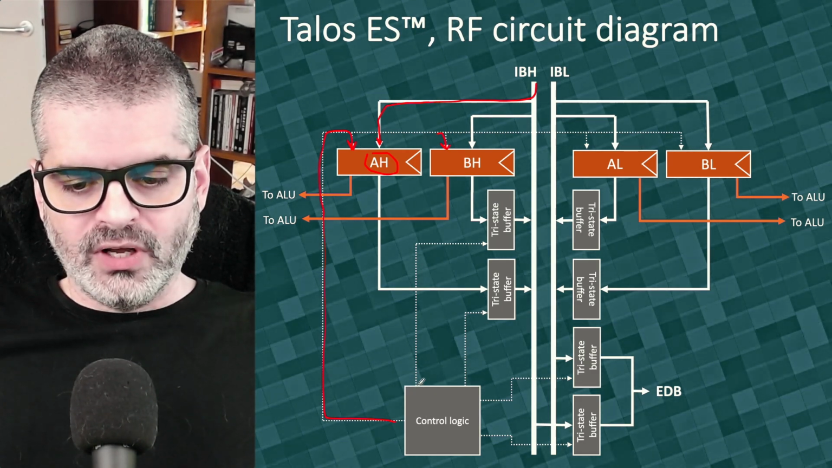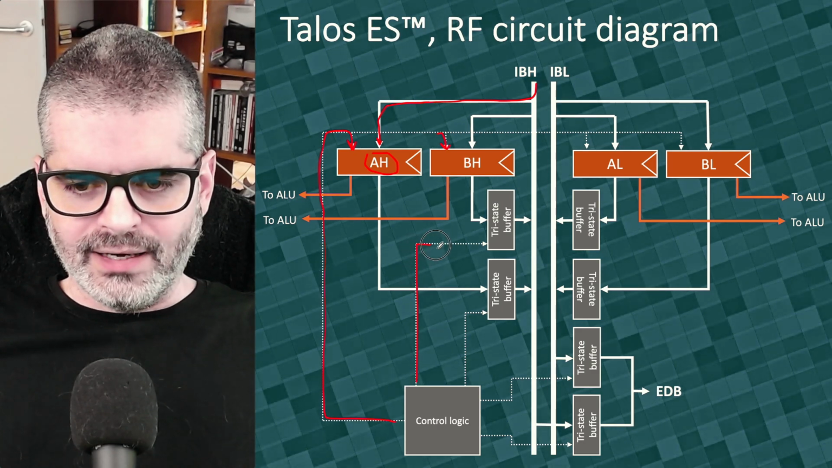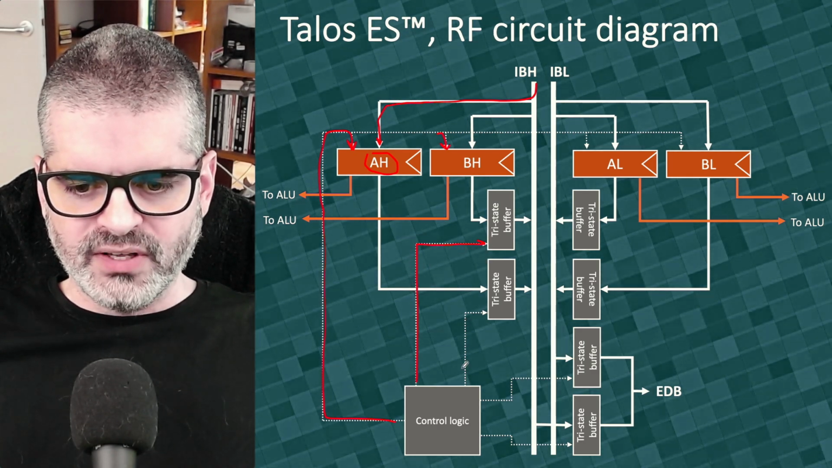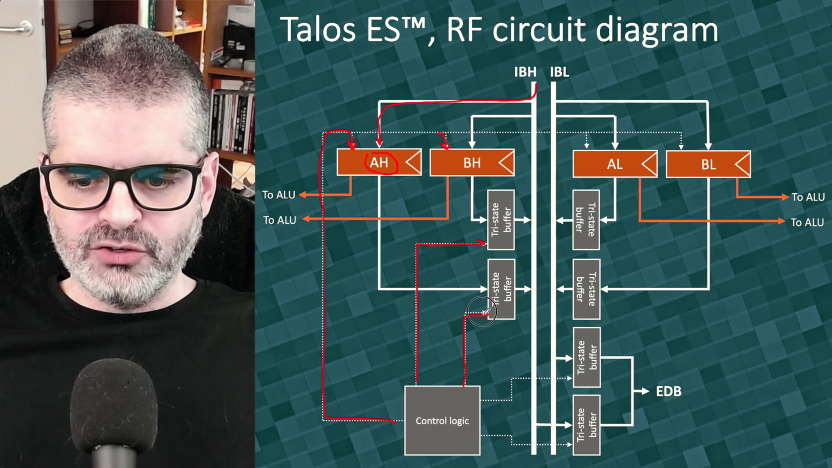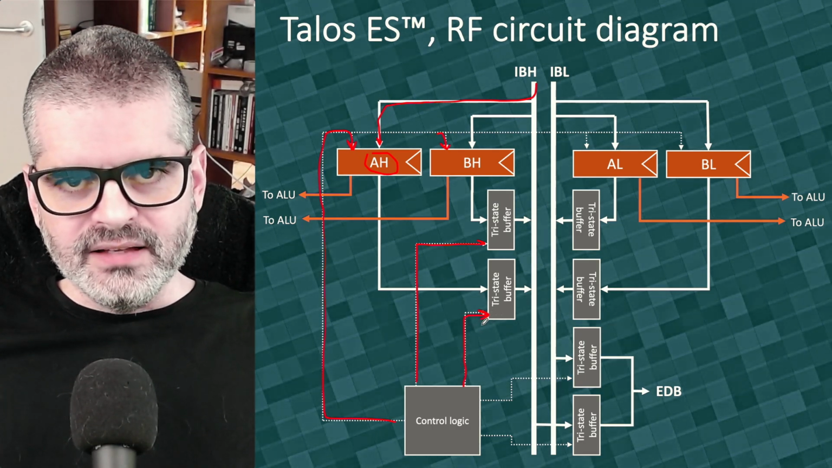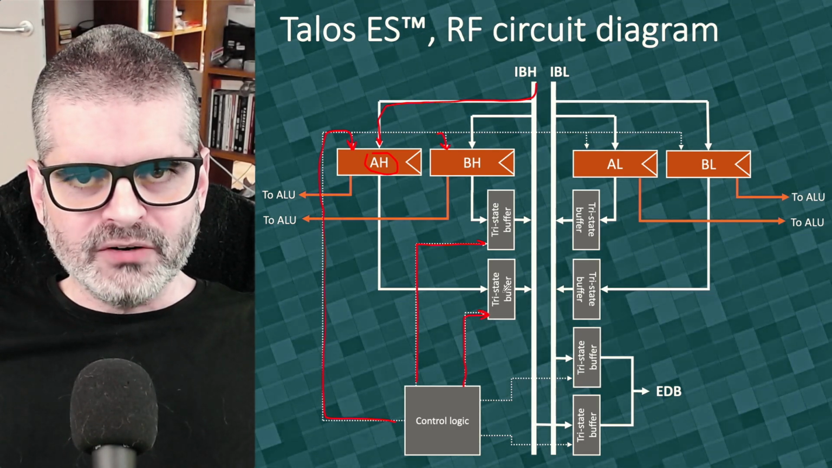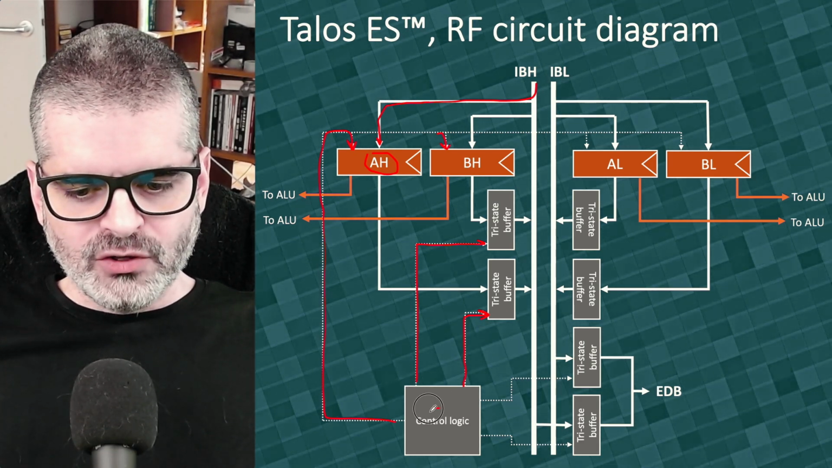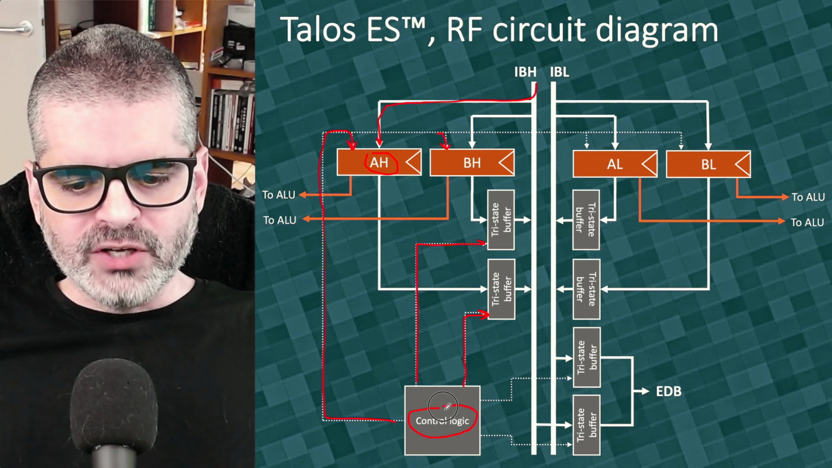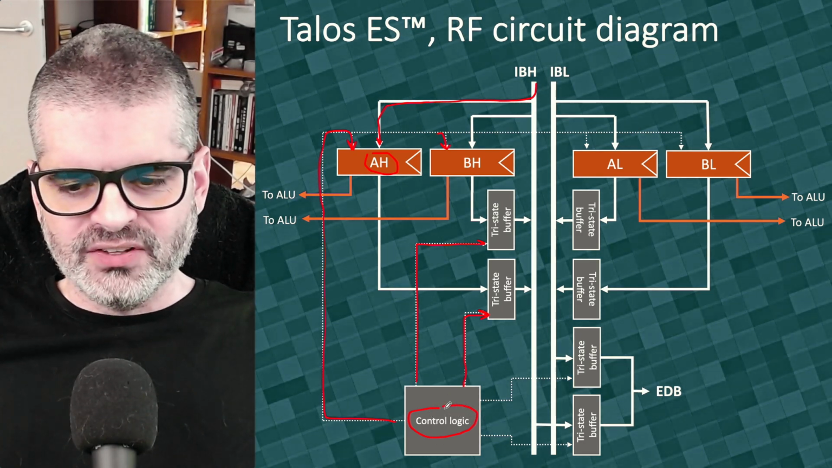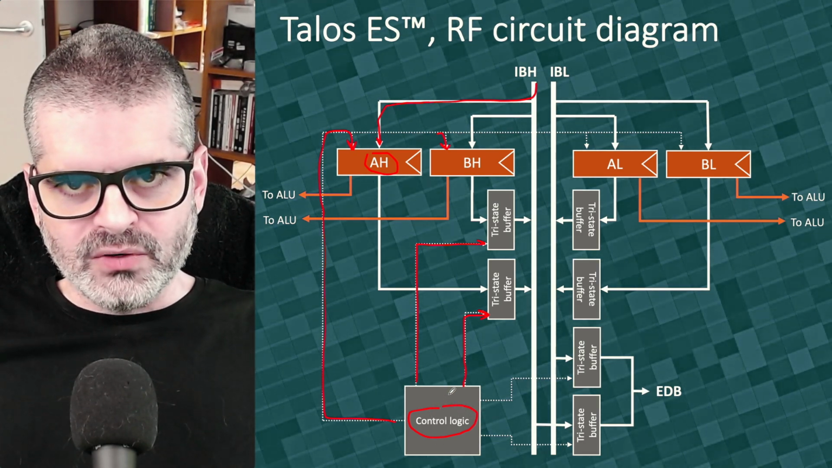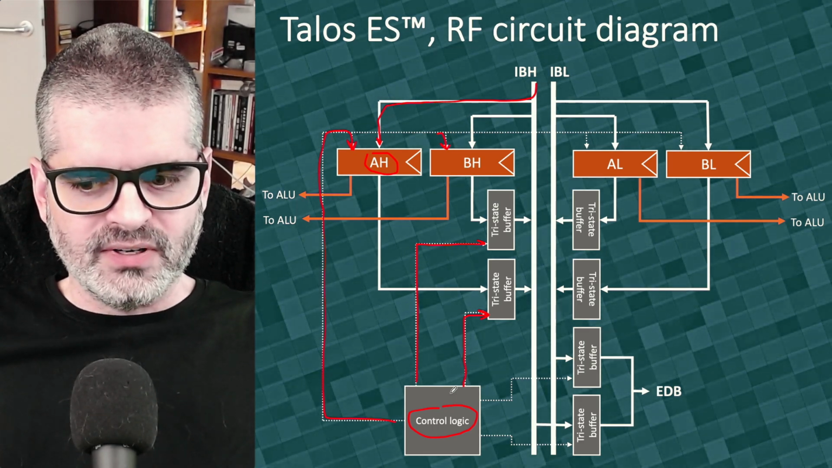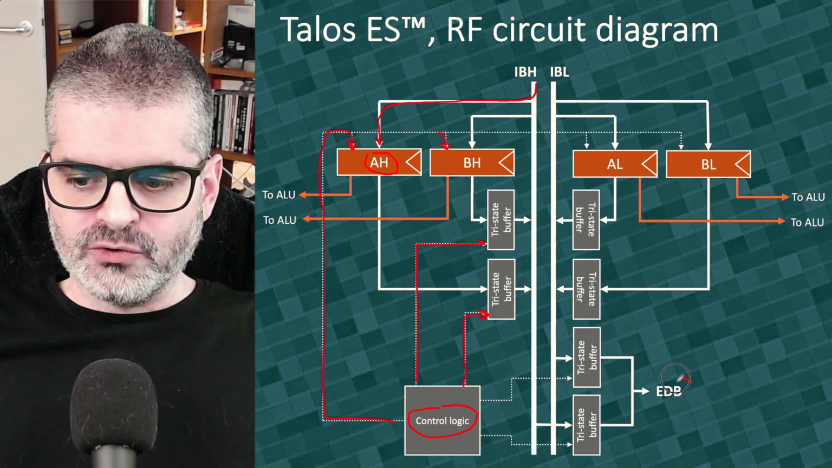And in addition, this control logic has to produce the output enables for these tri-state buffers. And it has to make sure that it doesn't enable two buffers at the same time that will conflict with one another. So there has to be some logic in here to make sure that we don't have bus conflicts, that whoever is enabled is the only driver of the respective half of the bus,